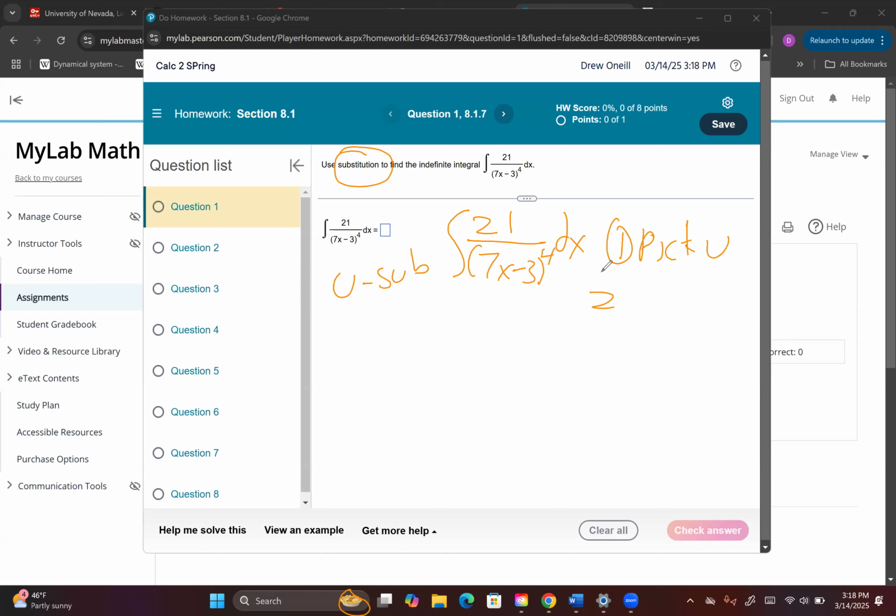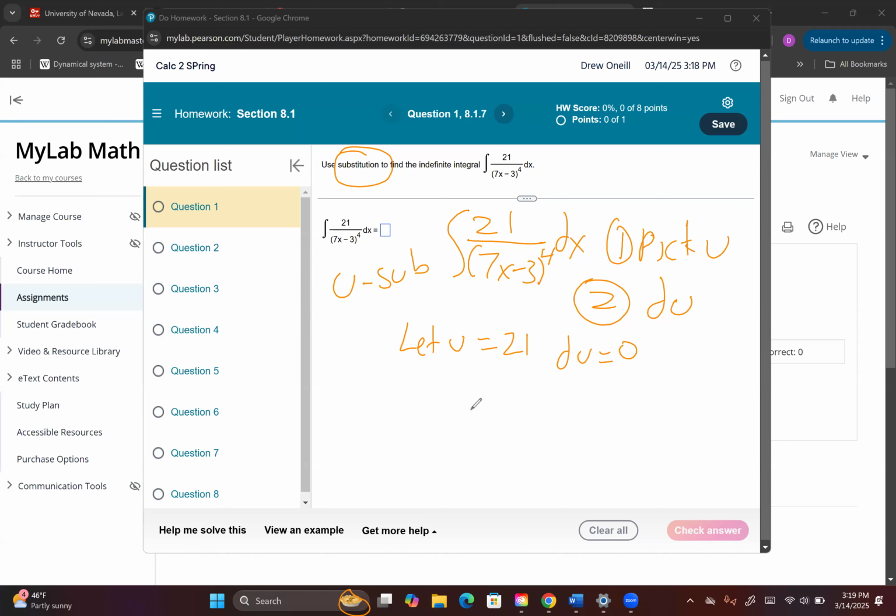The whole thing that should guide you is, we're going to pick a U, and step 2 is really guiding us in terms of why we pick what we do, right? Whatever we don't pick to be U has to be related to du, right? So yeah, we have choices here. We don't know what's going to be right. We could let U be 21. That doesn't make sense, right? Because what's du? What's the derivative of 21? It's 0. That's not going to make sense for a substitution.